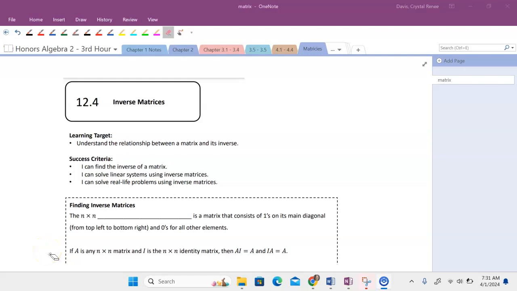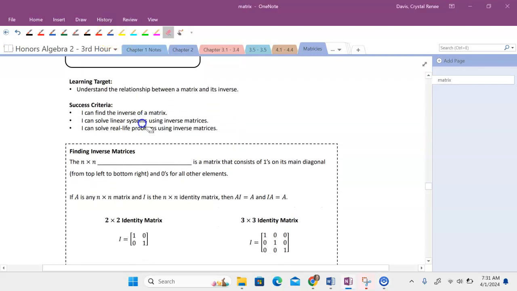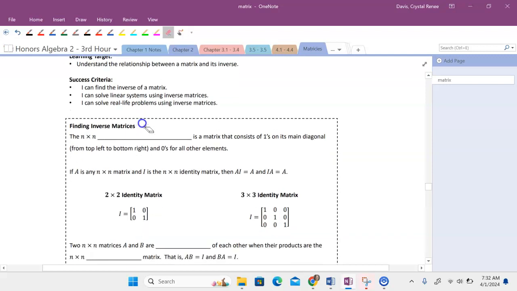Okay guys, so this is the video for 12.4 and this is our final section that we're going to cover on matrices. And in this section we're going to talk about the inverse matrix. Okay, so to define it, an n by n inverse matrix